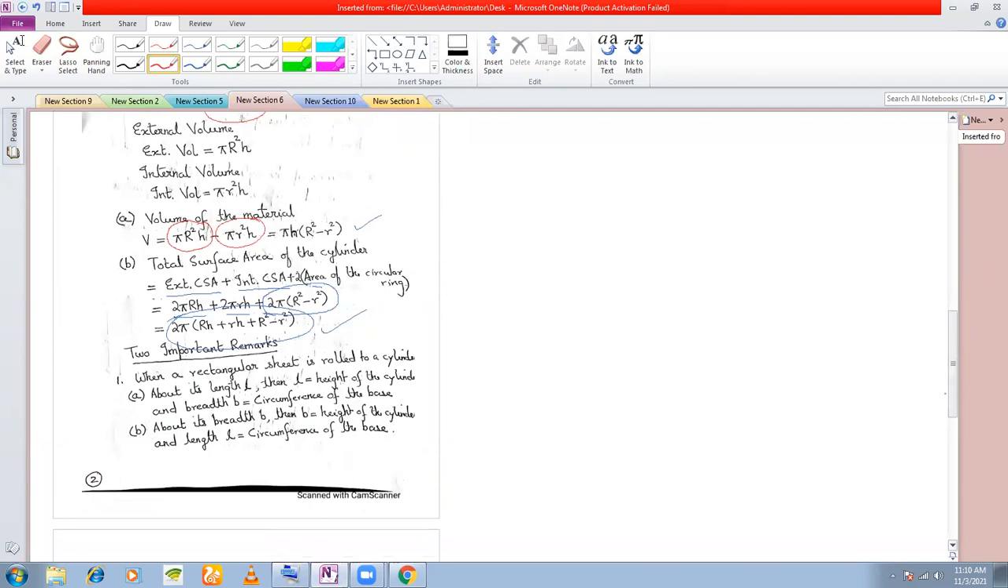Now, two important remarks. If you have seen, yesterday I sent you a video in which you had a rectangular sheet which was being rolled into a cylinder. So if you have a rectangular sheet, and if I roll this sheet along the breadth to form a cylinder,